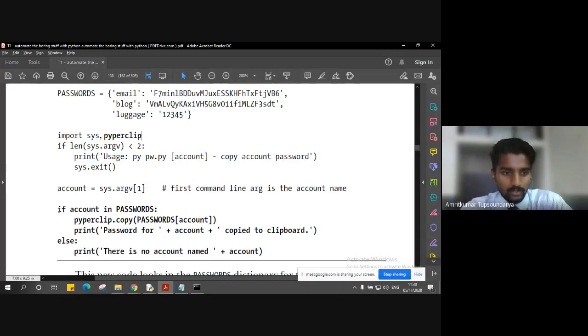But when we get into the dictionary, we have to first check whether the account which we have given is there in the dictionary or not. So here we are going to use the in operator, right? If account is present in dictionary passwords, we are going to get inside, copy the password for that particular account, and then